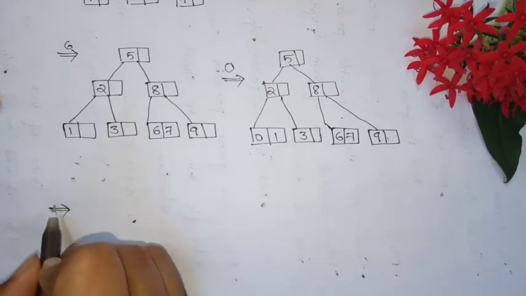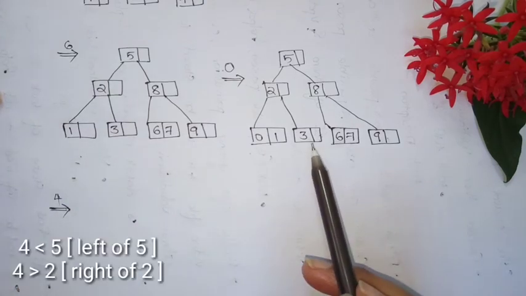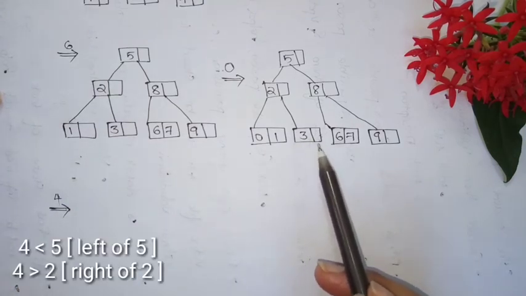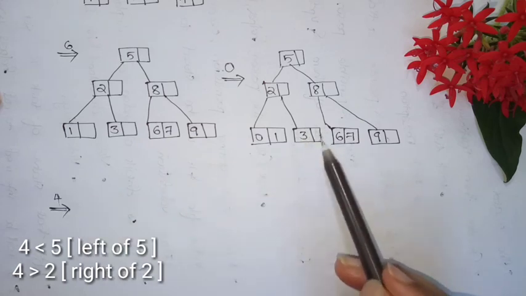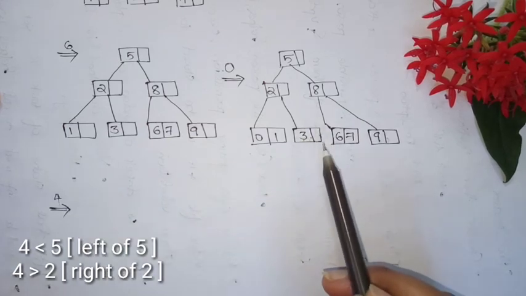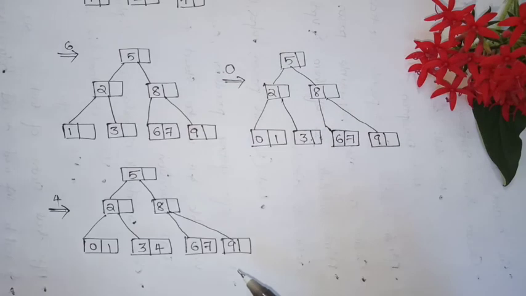The next key is inserted, that is 4. The most appropriate position wherein which I can place 4 is along with this node. So I placed it here. None of our rules are violated here. The maximum number of keys after insertion is 2. This is not violating our condition.